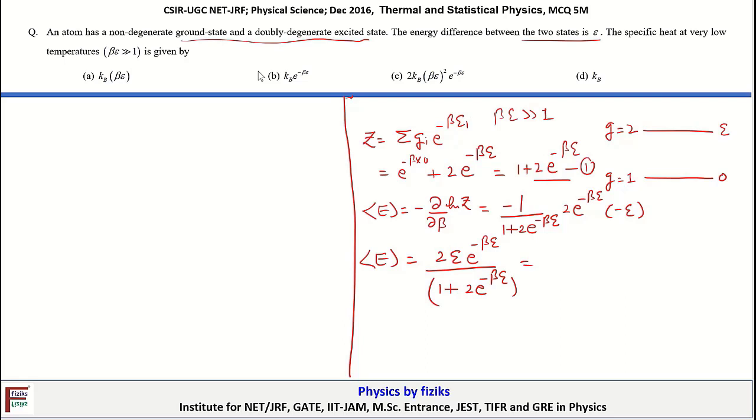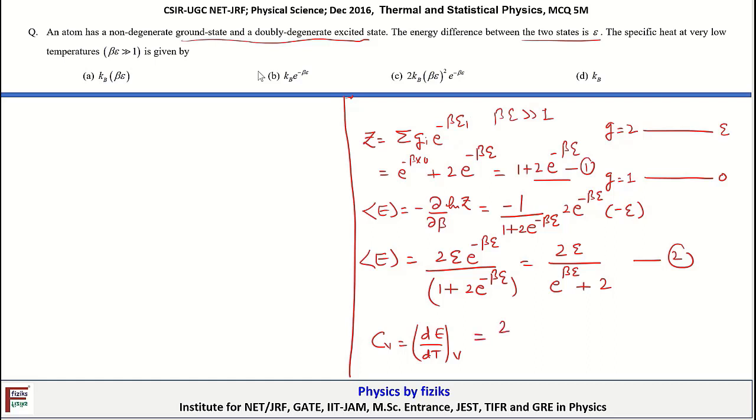Okay, and this can be further rewritten as 2E, multiplying both the numerator as well as the denominator with exponential beta E. So this becomes 2E upon exponential beta E plus 2. Okay, so this is equation 2. Now the heat capacity is given by Cv, that is equal to dE by dT at constant volume. Okay, so that means this is further equal to